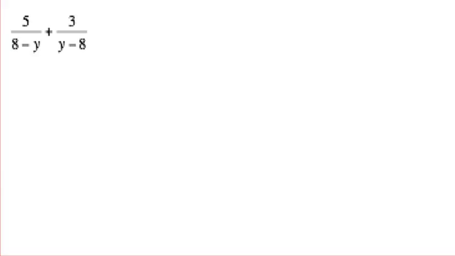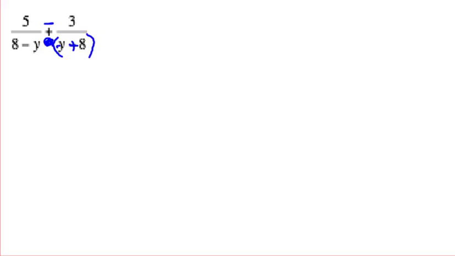If I factor out a negative 1, this becomes now negative y plus 8. I don't want that negative 1 to be in my denominator. I want my two denominators to be exactly the same. So I'm going to move it up and change this addition sign to a subtraction sign, and now make that just a regular plus sign in there, or really we have no sign there. So I just took my negative up to the numerator. So now I have, excuse me, I said that wrong, 8 minus y in my denominator,